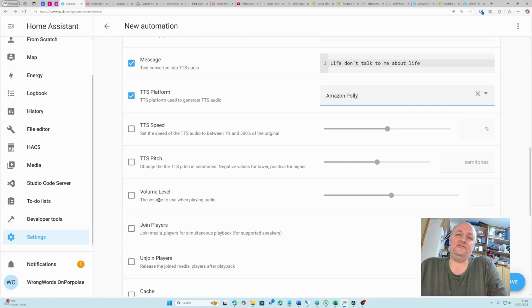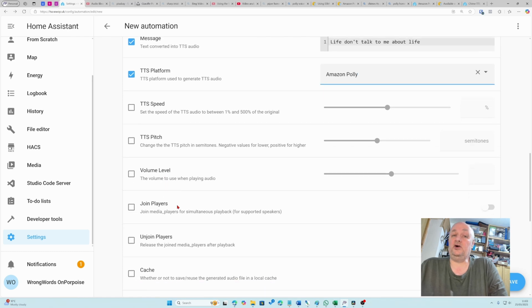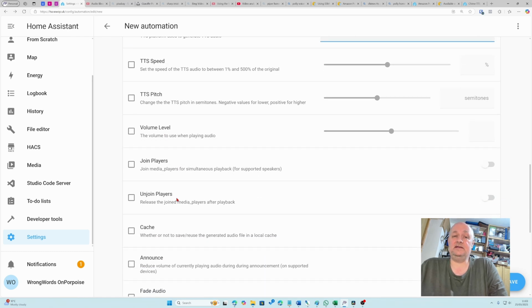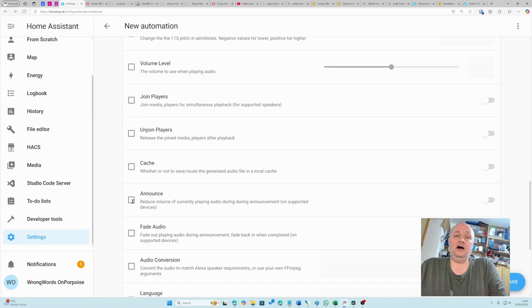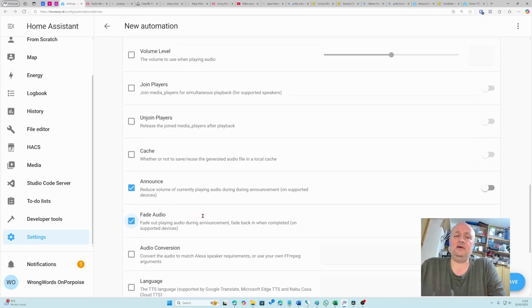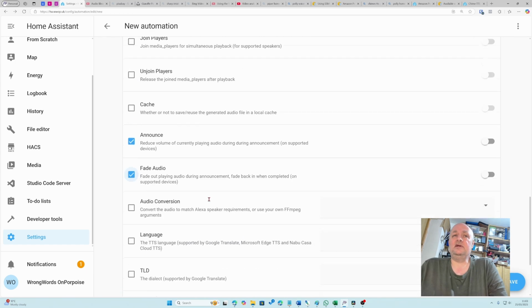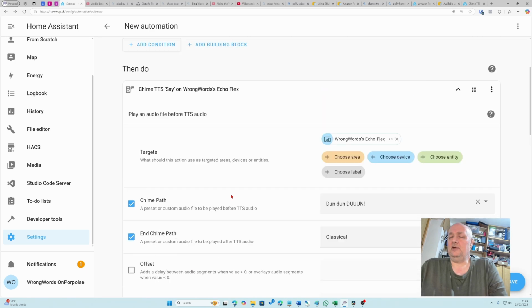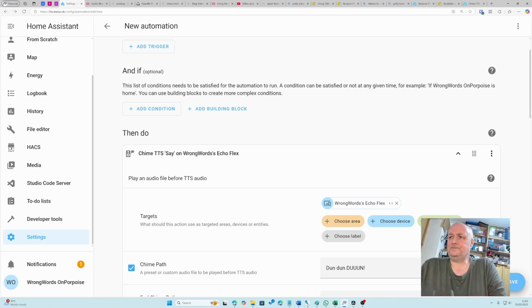Now, I've found that volume will turn down the volume, but it won't increase it. I have not tried join players and unjoin players. I've not tried clash. I also switch on announce and fade audio. So if you've got music playing, it kind of turns down the volume and you can hear it above it. And everything else I leave the same. So if we click save